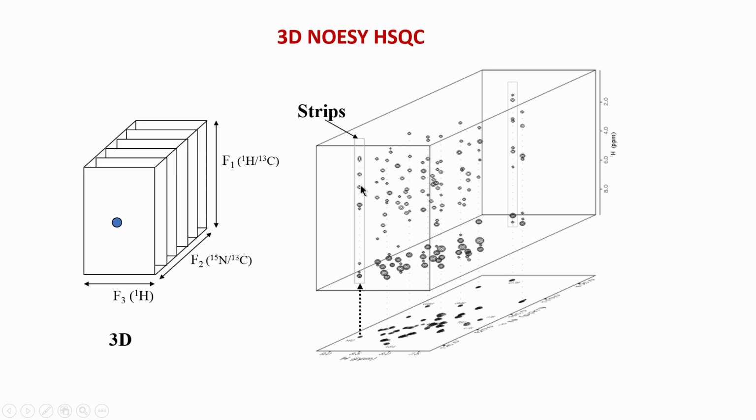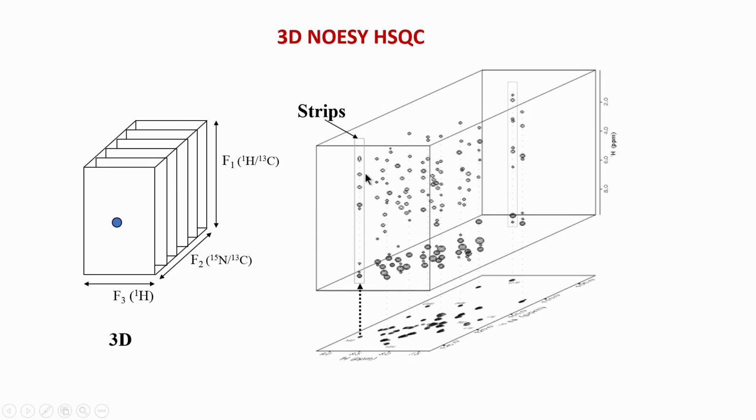Which peak is which, we do not know unless we know the assignment, means unless we know the chemical shift of each and every peak and to what atom it belongs in the protein, we will not be able to identify which peak is what type of correlation. Is it intra amino acid, means is it within the amino acid, or is it outside the amino acid? That kind of information can be obtained only if we have the full complete assignment of every peak. That is why I emphasized earlier, and now I repeat, that resonance assignment in proteins is a very important step, without which we can't do much in NMR. So let us move further now.